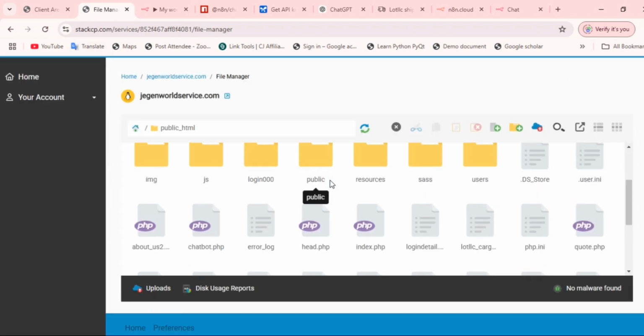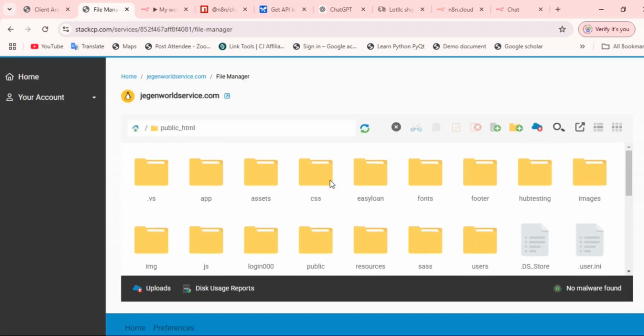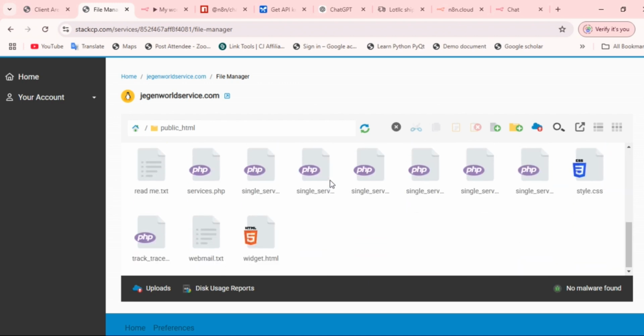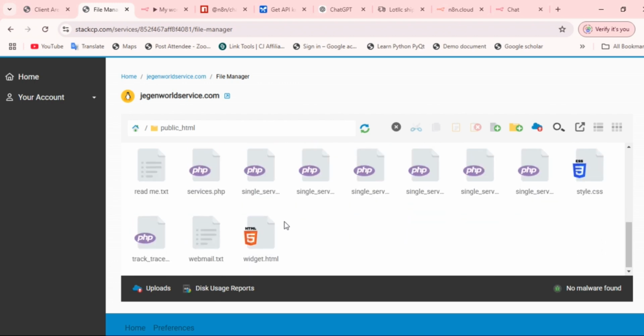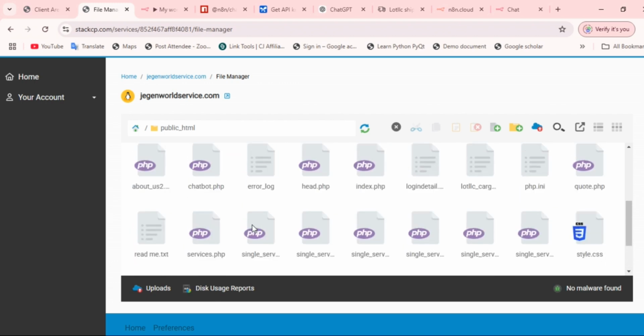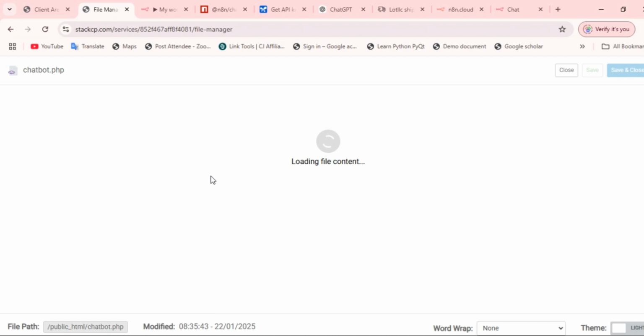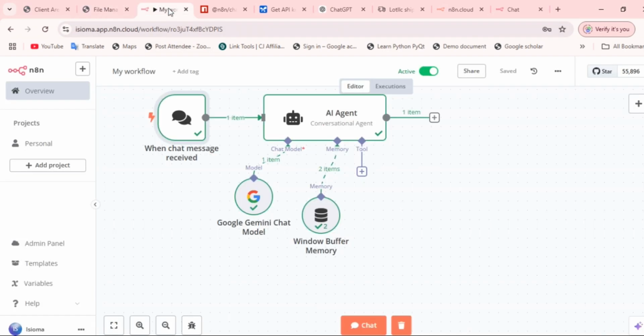This is my website running on a cloud, for test server purposes. I'm going to create a file here. I'll create a file called chatbot. Now, while that one is loading, if you come here and double click your chat trigger,